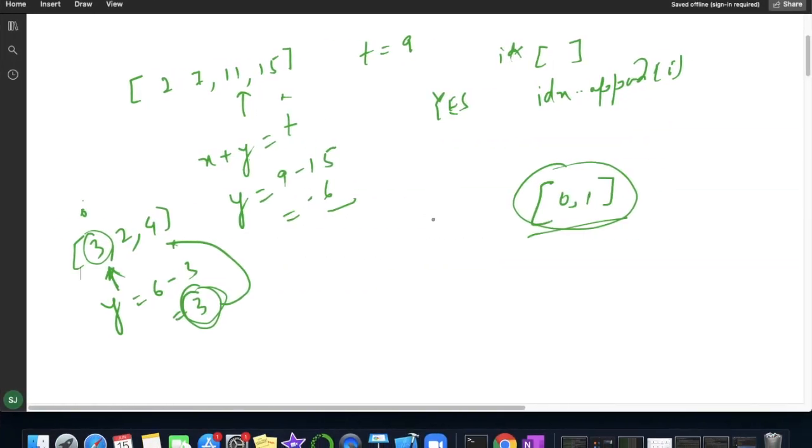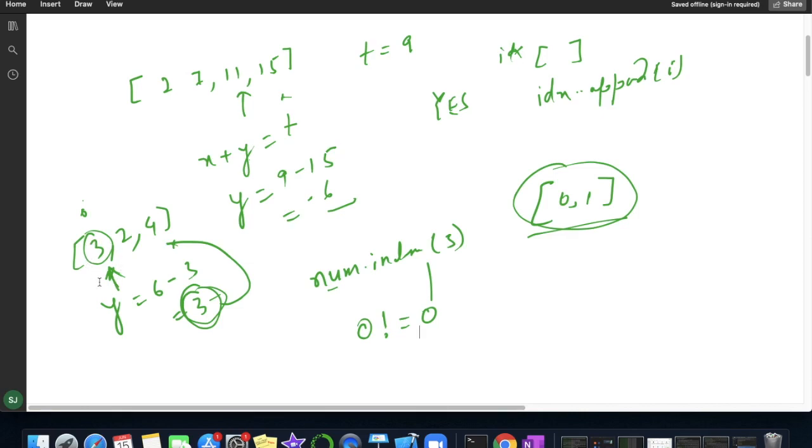So you can see what we will get here. We have written nums.index(val), meaning the index of 3. It will simply return 0, and our current index is also 0. So we are checking 0 not equal to 0, which is false, so it will not add this current index which is 0.